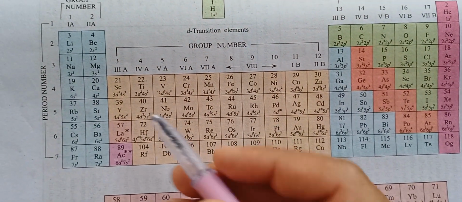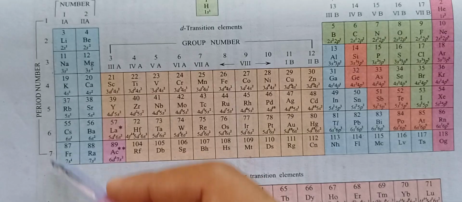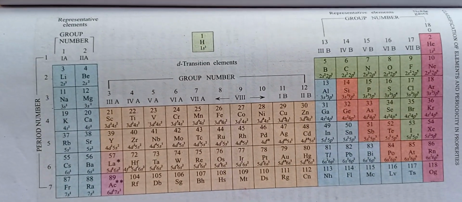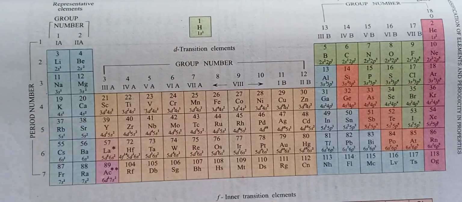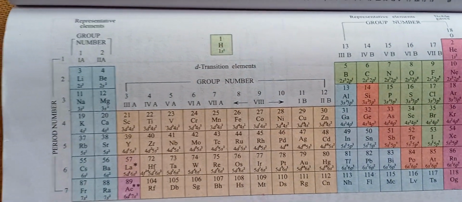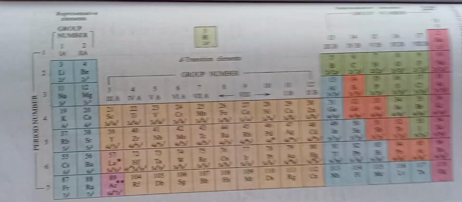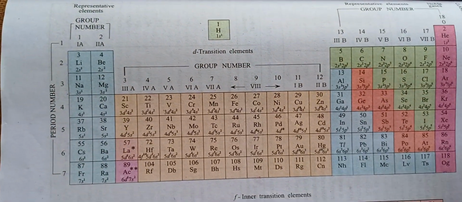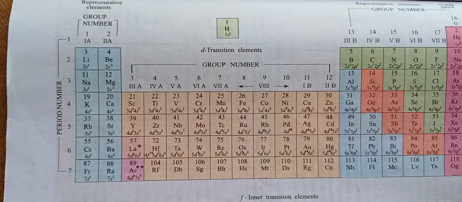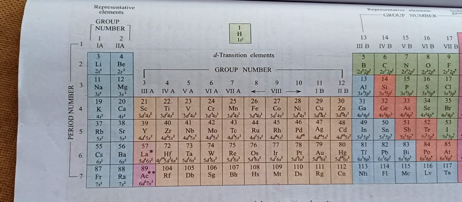So here you'll be noticing that 7 periods and 18 groups will be there, right? So in the modern periodic table, there will be 7 periods and 18 groups. Okay. Now, how to remember these elements easily, that we are going to see, and you will be getting questions in your JEE Mains and also in